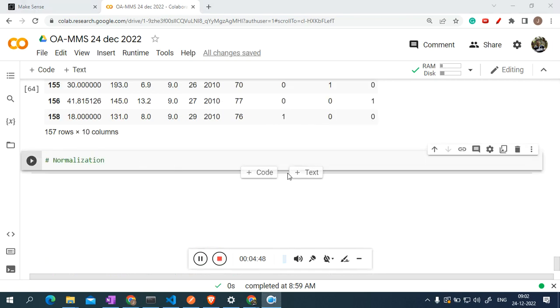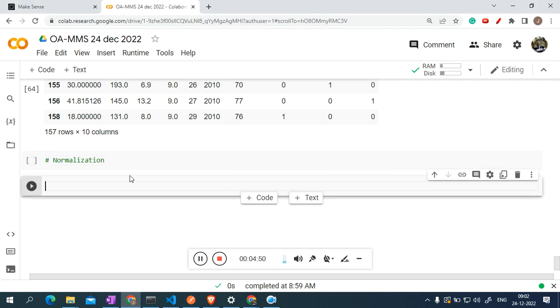Next, normalization. Okay, so why is it necessary? Why do we need to do normalization? Anyone who can suggest? Normalization, why do we need it? Sometimes in the data,